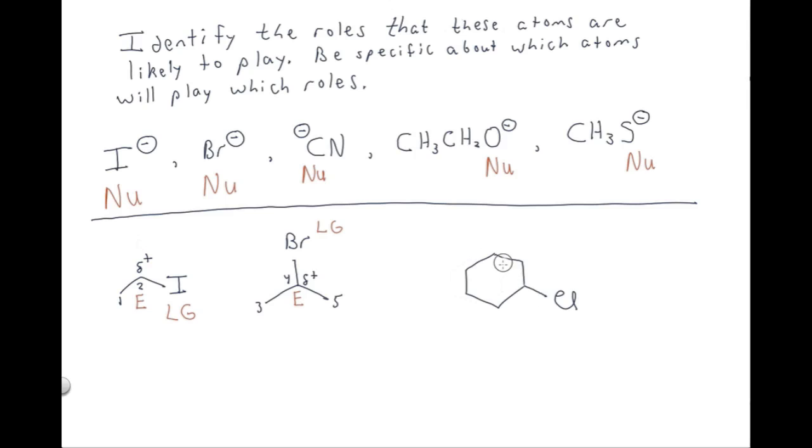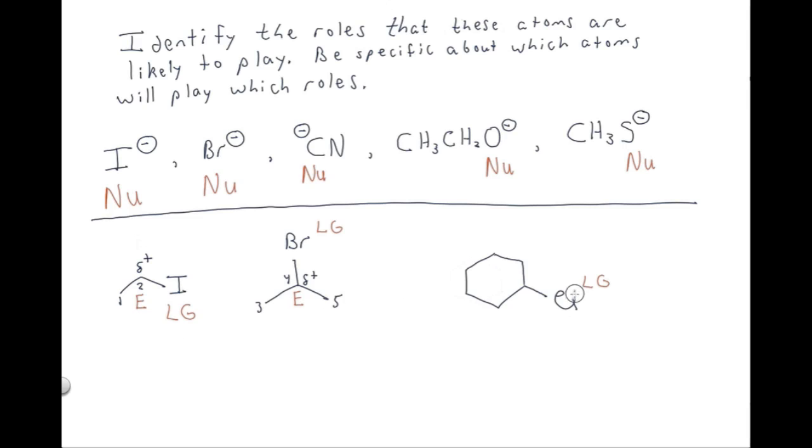And we can try that same process over here. Here we see a neutral chlorine. Neutral chlorine is likely to be a leaving group. Remember, we haven't explained why a neutral iodide or bromine or chlorine is a good leaving group. We're just memorizing that for the time being, although you might find an explanation in your textbook or your lecture